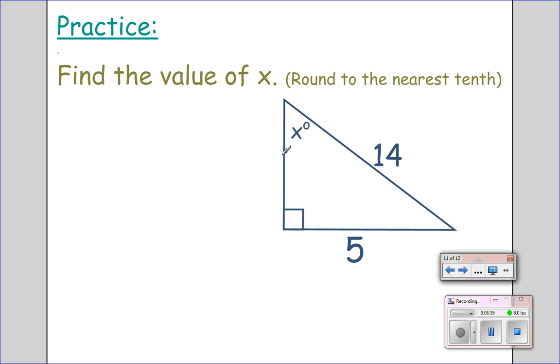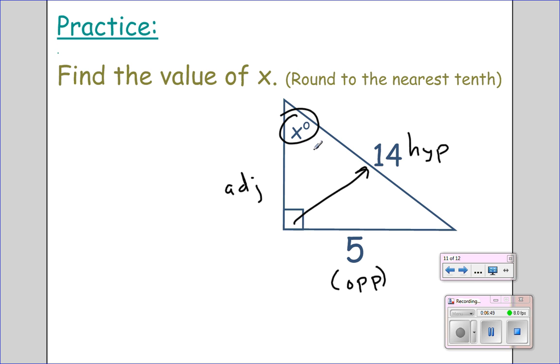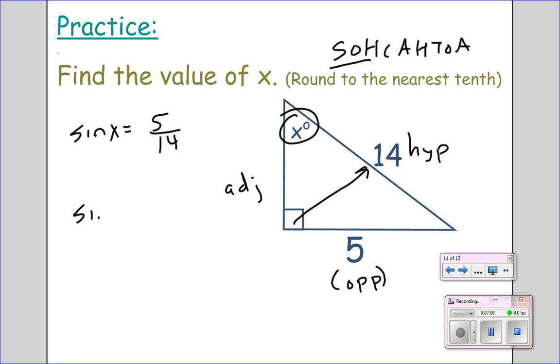All right, so we're going to start by circling our reference angle and then labeling our triangle: hypotenuse, opposite, adjacent. What sides are you given in this case? You are given the opposite side and the hypotenuse. What involves opposite and hypotenuse? Sine does. So sine of x equals 5 over 14. In your calculator, you need to do sine inverse of 5 divided by 14. And that gives you that x equals